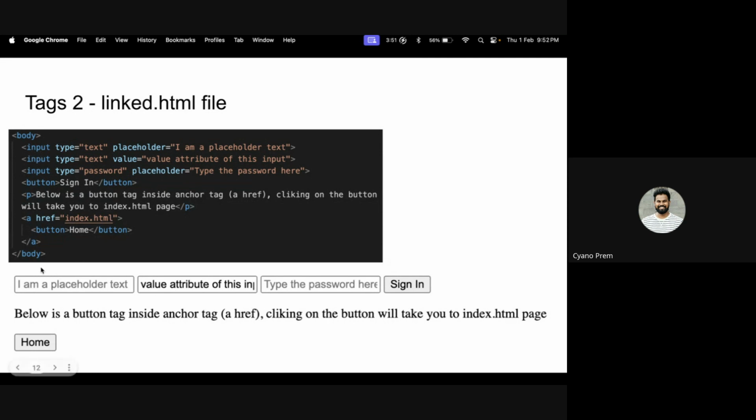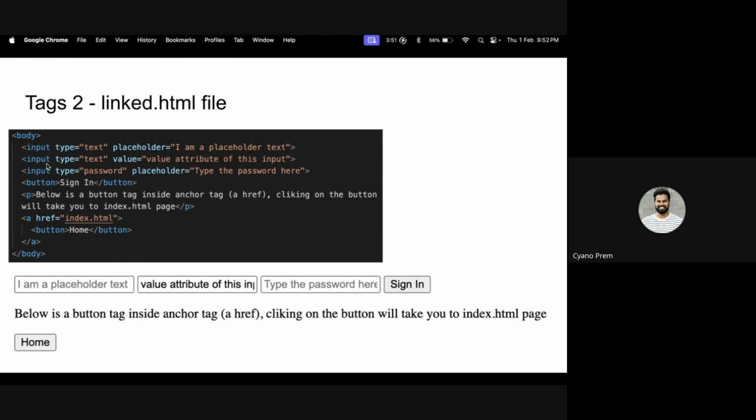The input tag is basically the input. You can give some username, password. These are actually the input tags of the HTML file. Input is the tag, and type is a property. This will hold some text, and this placeholder is a text which will be shown before you type anything. I will demonstrate this when I'm doing it in my VS Code.